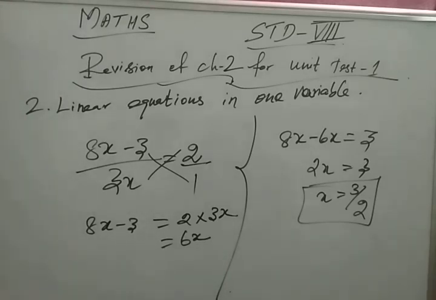Okay, in that also they have given two sums, the word sums. The ages of Harry and Harry are in the ratio of 5:7. 4 years from now, the ratio of their ages will be 3:4. Find their present ages. That also you can do. Ratio they have given, so you can take 5x and 7x as the ages, and from now they have given, so you have to make the equation properly and then solve it.